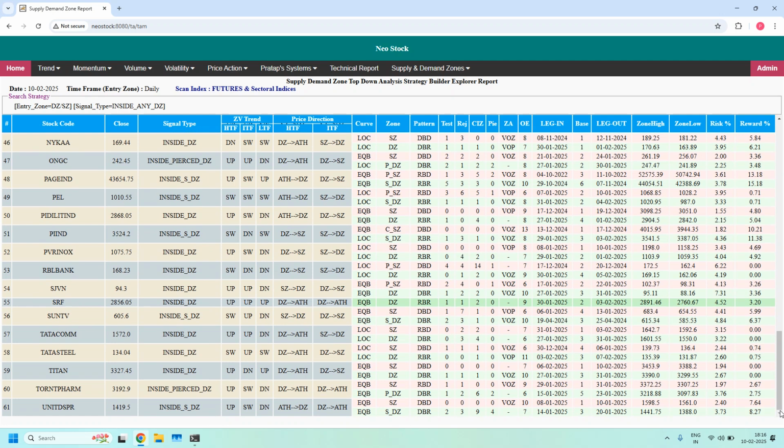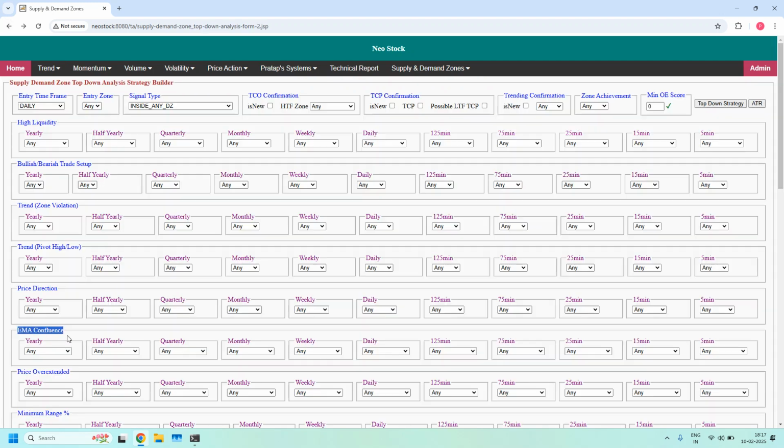So total 61 stocks. Out of these 61, how many of these daily supply zones are having daily EMA confluence? Let us identify. In the EMA confluence at a daily time frame, I am setting the filter daily demand zone